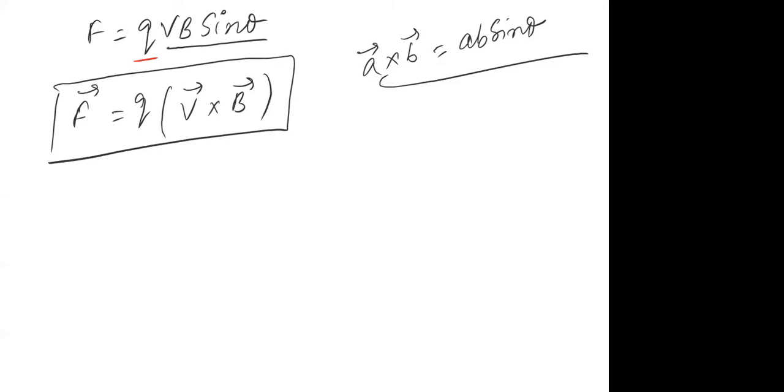Now try to understand, because force is a vector quantity, it will have some direction. What would be its direction? Cross product of two vectors always has direction or not? Tell me yes or no. If you take the cross product of two vectors, will it have some direction? Of course it will have, right? If you remember, the cross product direction was given by i cross j is equal to k. Cross product has direction or not? Because the cross product of two vectors is also called the vector product. Okay, so cross product has direction.